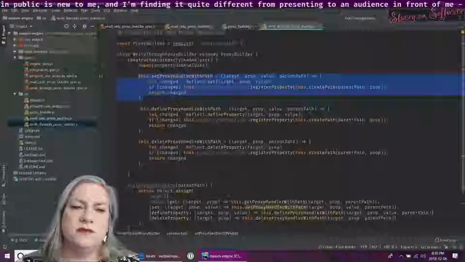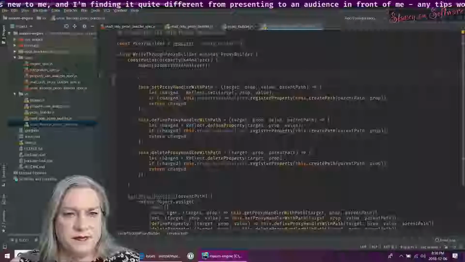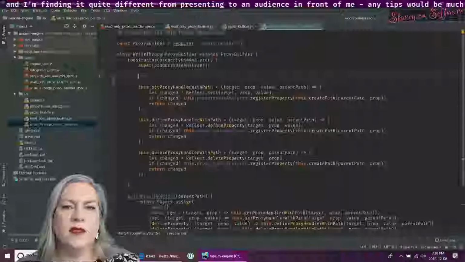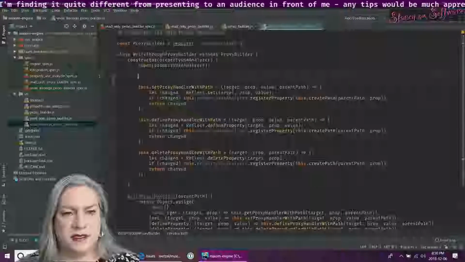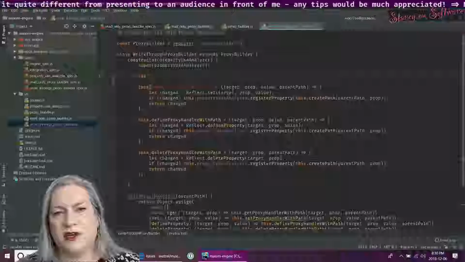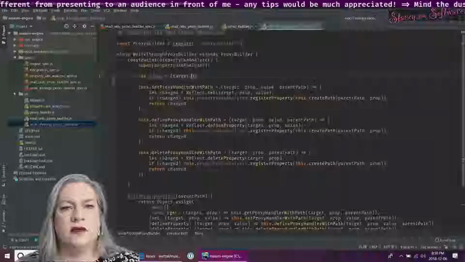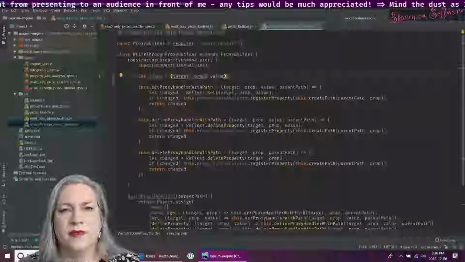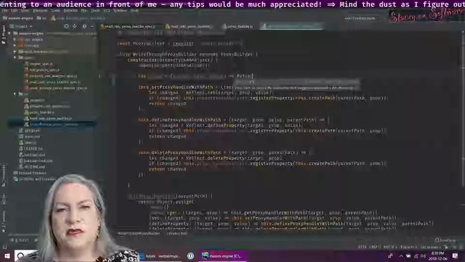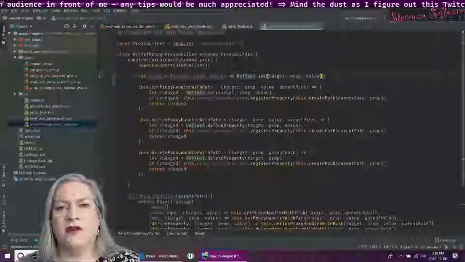One thing that I could do is let this thing be a lambda that takes target, prop, and value, and calls Reflect.set with target, prop, and value.